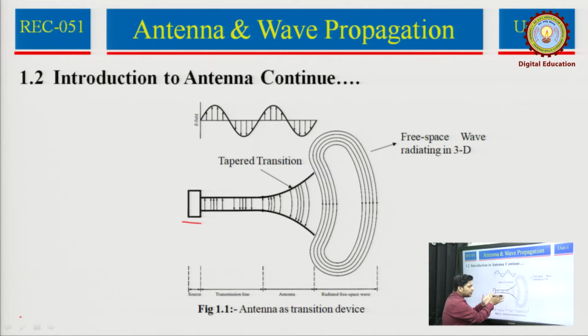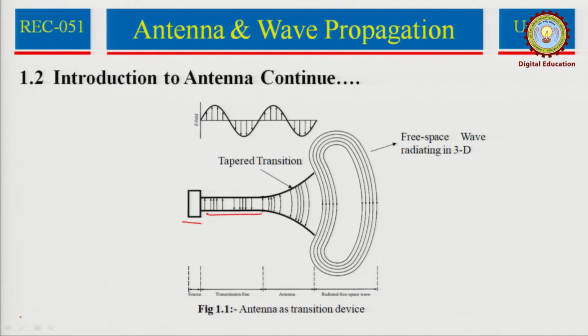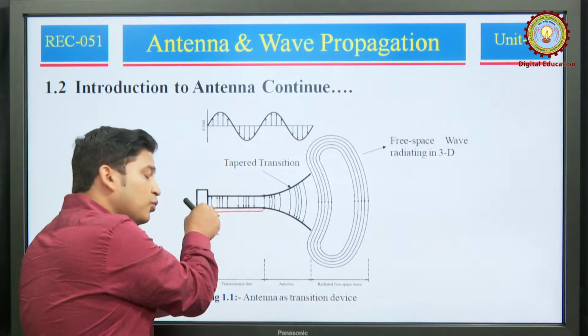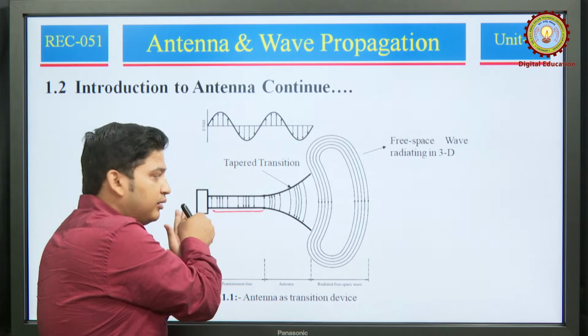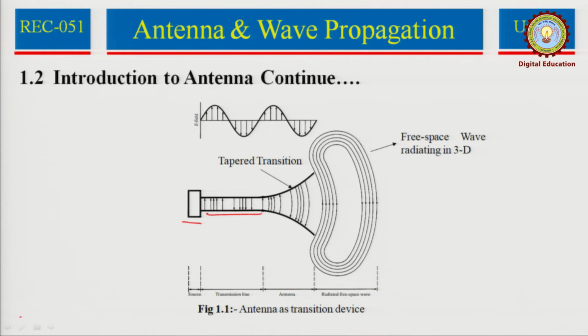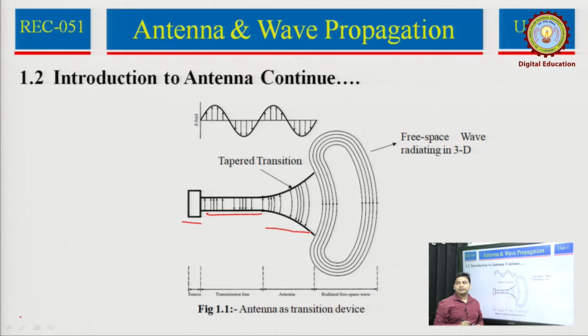Now, in this transition from here to here, it is a transmission line. The transmission line may be made of a metallic device, waveguide, coaxial cable and other means. It is a guiding device which guides the source voltage from this end to that end where the antenna is connected. So, this is our antenna section. As soon as the voltage waveform approaches this antenna section, because of the tapered distribution of the antenna,